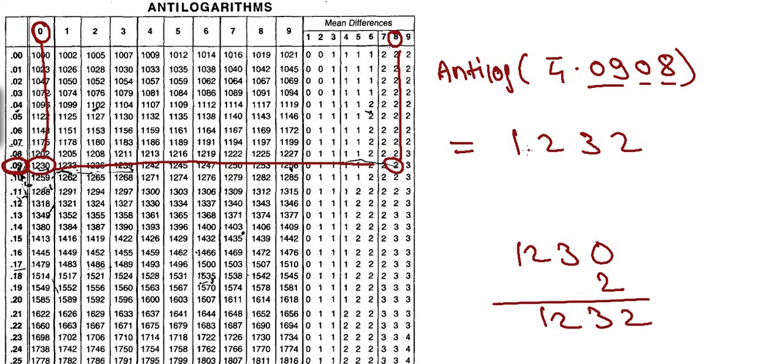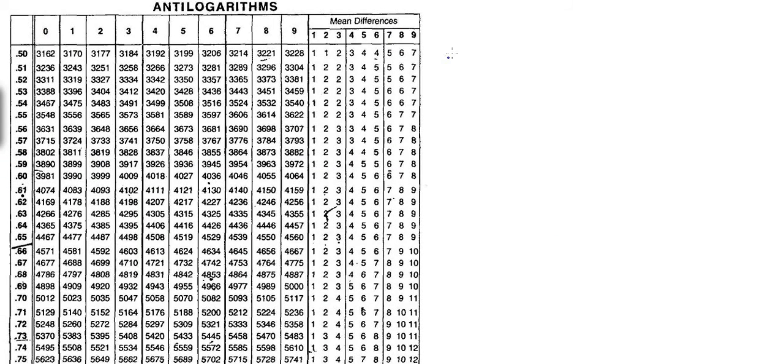As I told you, while calculating antilog, always put the decimal after the first digit. So 1.232 multiplied by the power of 10, which is the characteristic here. The characteristic is bar 4, that is minus 4. This is how we find the antilog. Next example, find the antilog of